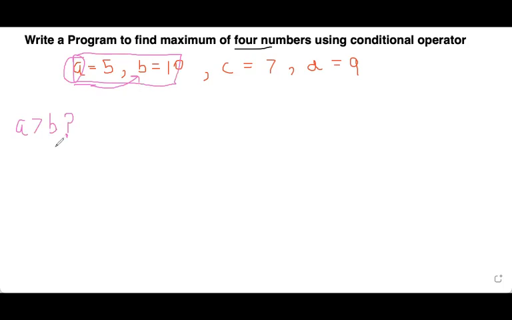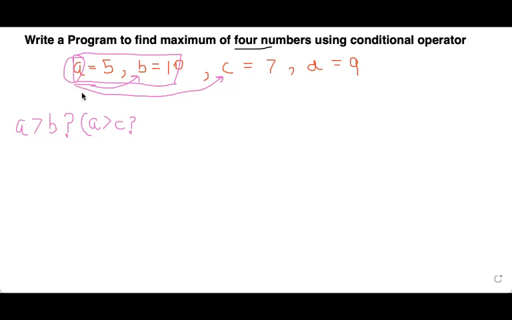If this thing is true, you're going to check A with the third number C, isn't it? So here you will write, is A greater than C? Is it true? Now, if it is true, what are you going to do? Easy.